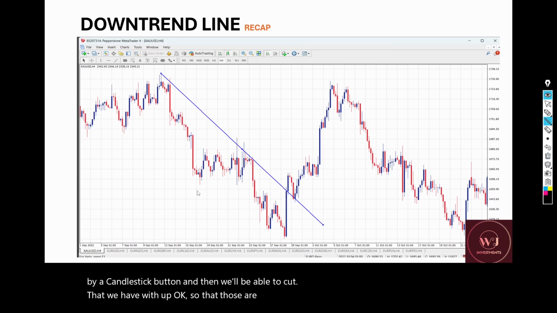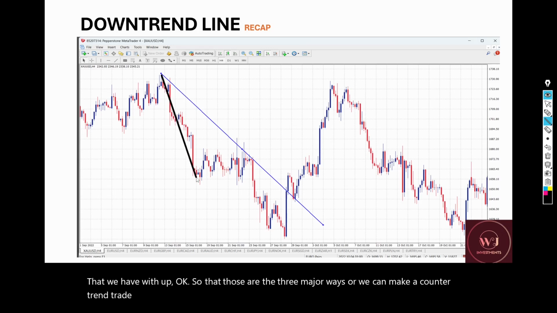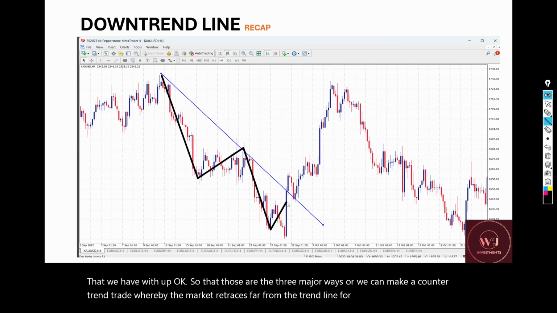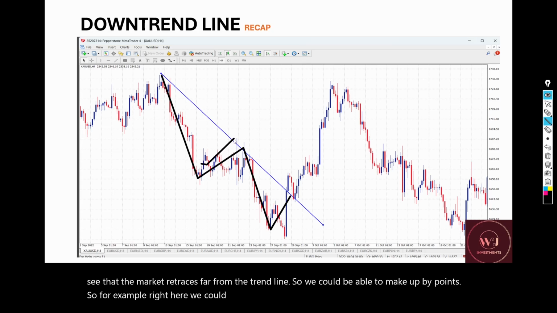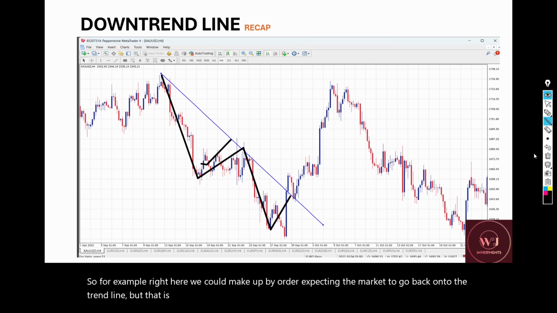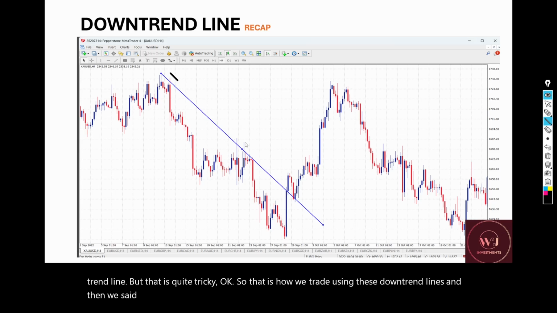Or we can make a counter trend trade whereby the market retraces far from the trend line. For example, right here you can see that the market retraces far from the trend line, so we could make buy points. So right here we could make a buy order expecting the market to go back onto the trend line, but that is quite tricky. Okay, so that is how we trade using these downtrend lines, and then we said that after connecting these levels of resistance,